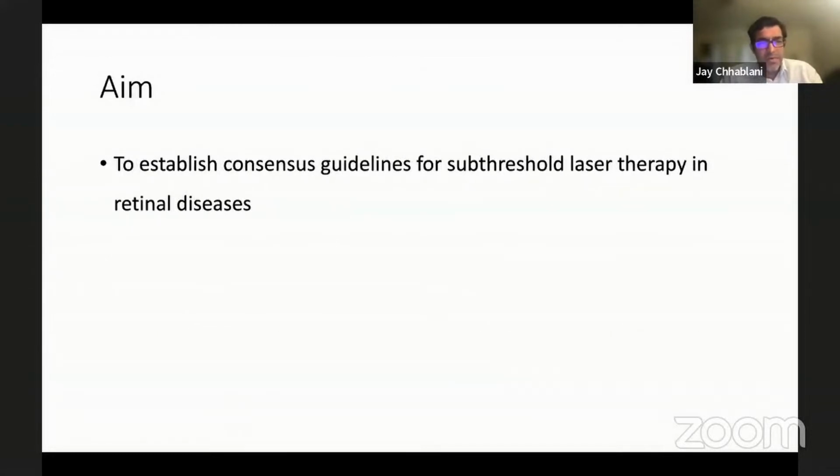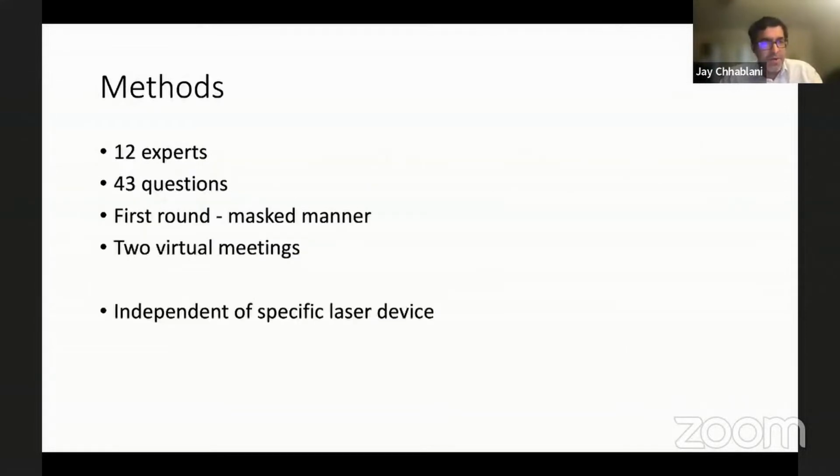So we really wanted to establish consensus guidelines for subthreshold laser therapy in retinal diseases, for which we had 12 experts. We established 43 questions, all spread across the different settings, applications, and particular diseases. In the first round, we sent across these questions, and we obtained responses in a masked manner. And then we had 2 virtual meetings in which we discussed each and every question and what should be